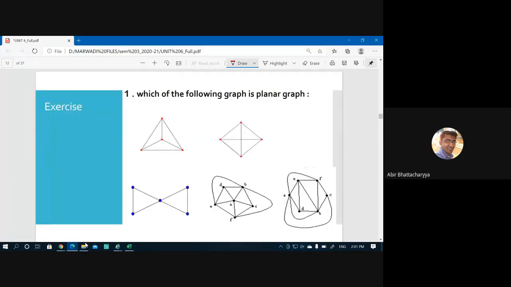So this is a question you can easily go through with, like which of the following is a planar graph. So obviously you can identify which one, like the first one is obviously planar, okay, because there is no edge intersection. Similarly, this one is also planar, no edge intersection. This one you can make from outside, you can embed this, embedding is possible. This one no edge intersection, no edge intersection. So all are going to be planar graphs here.